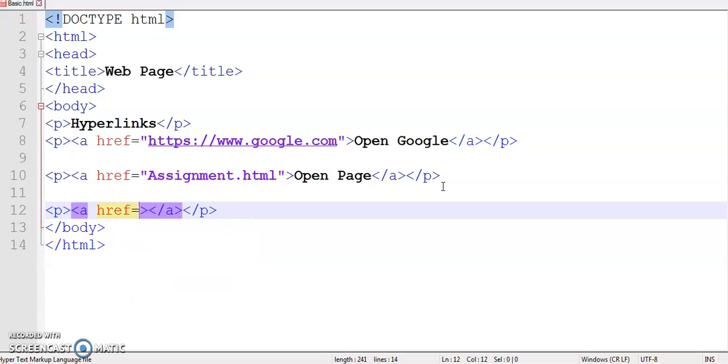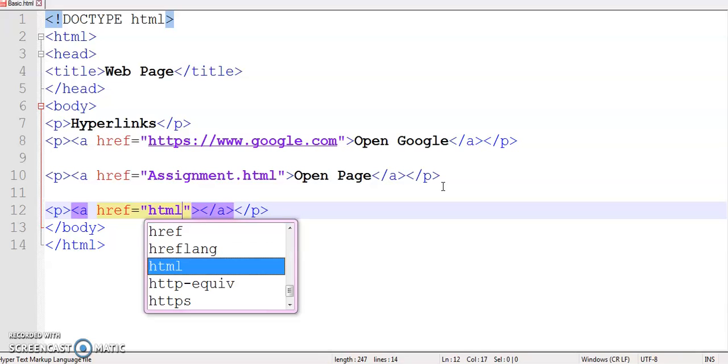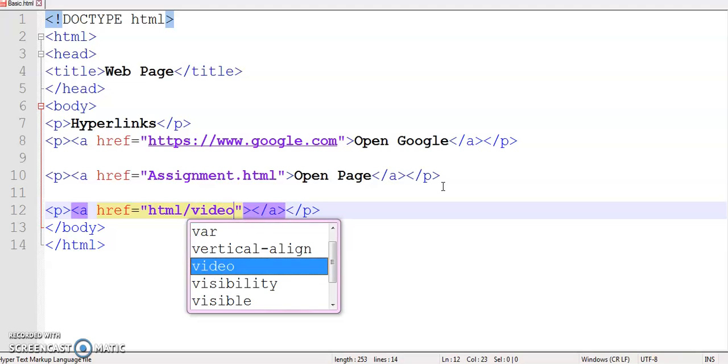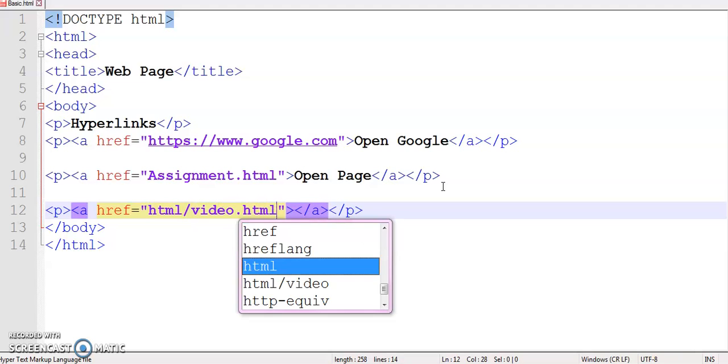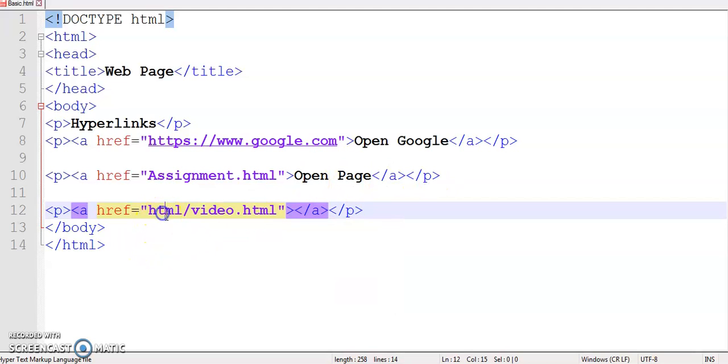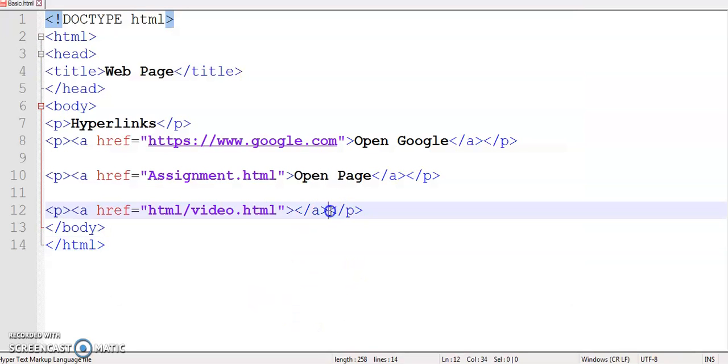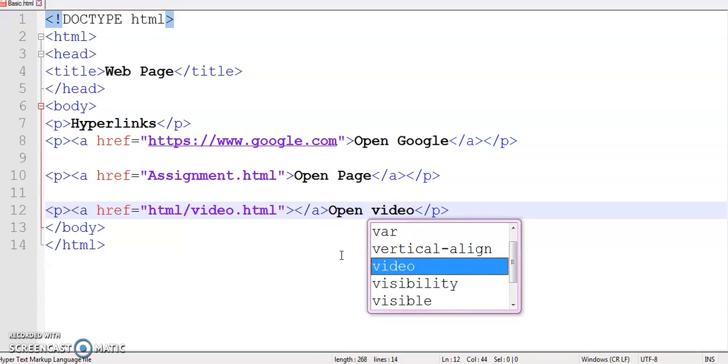So href, inside this I am going to type HTML slash, suppose I am going to this video.html file. So I am providing the relative path because it is in the HTML folder. So I am typing the folder name and then the file name video.html. Now the link text, say open video.